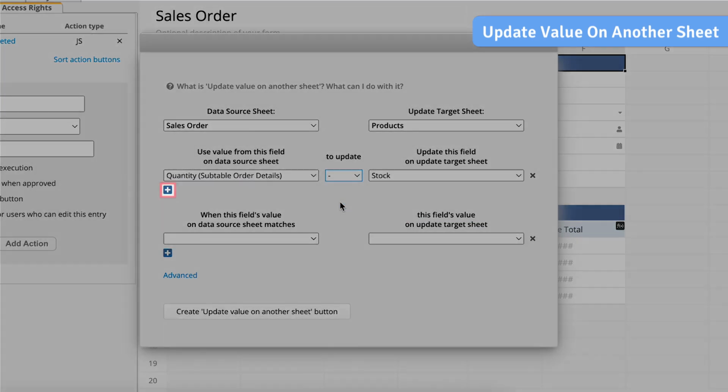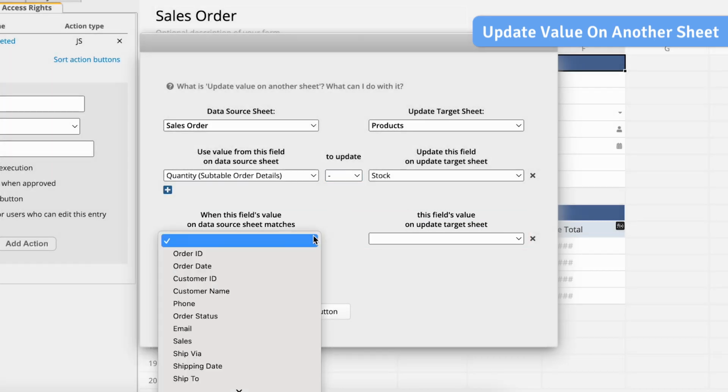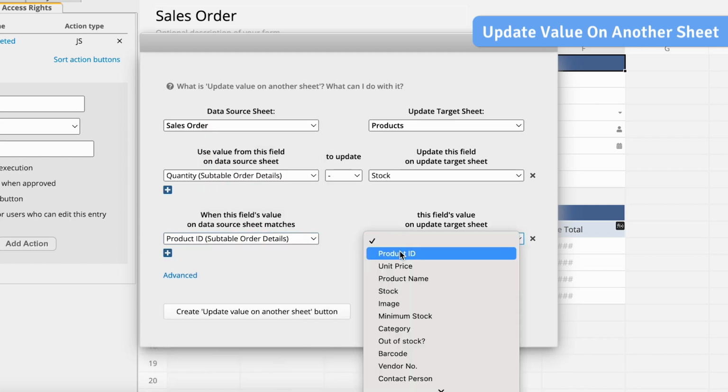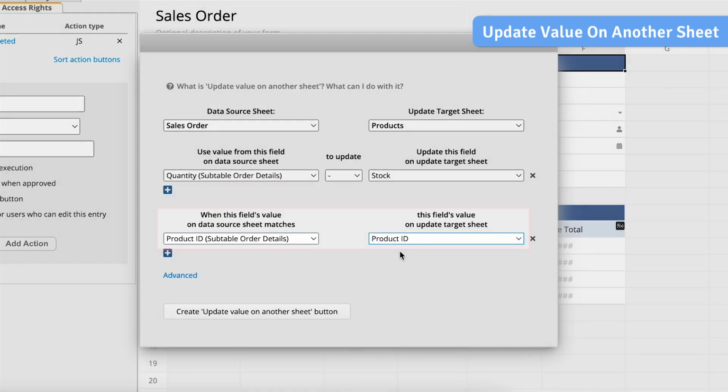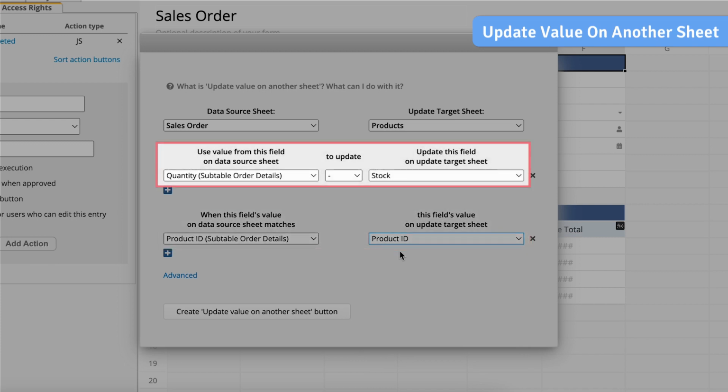If you need to update additional fields, click the plus icon below. To remove any unnecessary fields, click the cross icon. The final step is to set the update condition by selecting a field for the system to compare and determine which data in the other sheet should be updated. In this case, choosing the product ID on both sides means that the product ID in the sales order sheet must match the product ID in the product sheet for the quantity value to be deducted from the inventory quantity